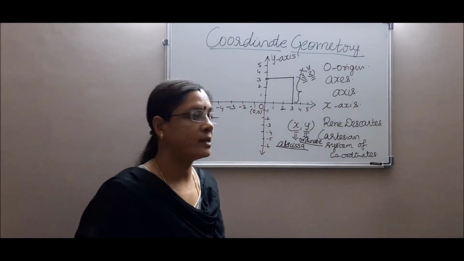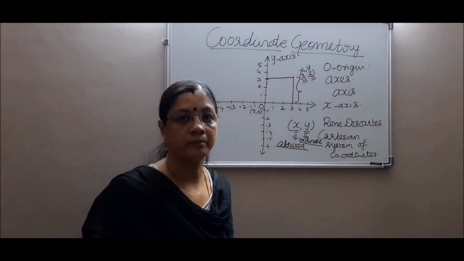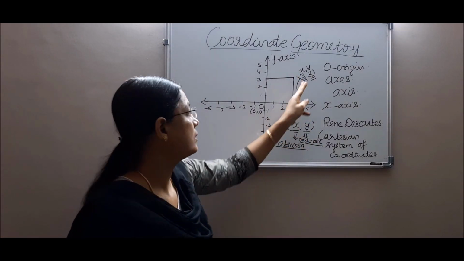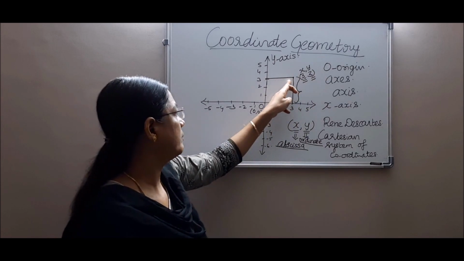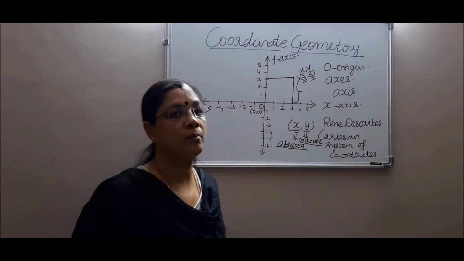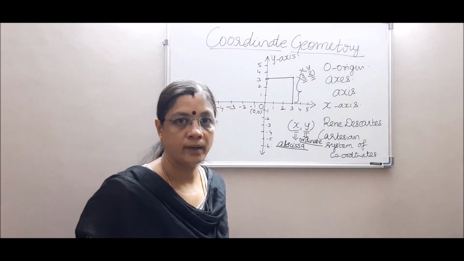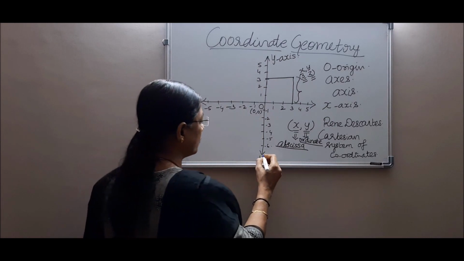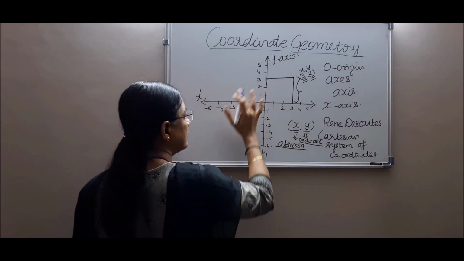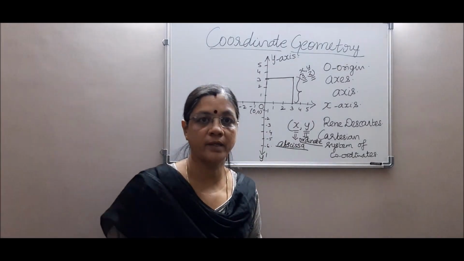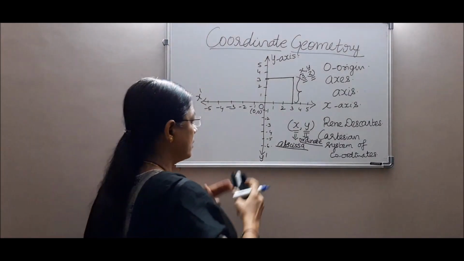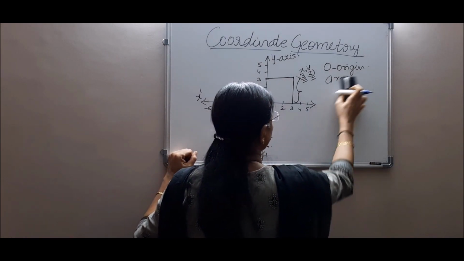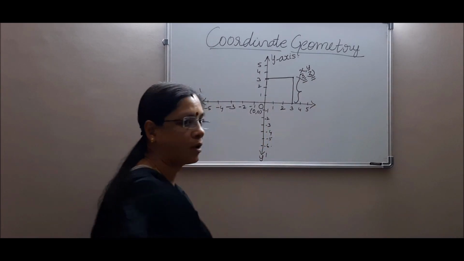So this is how we represent a point in a plane. Okay, by drawing perpendiculars from the point to the x-axis, which tells you about the y coordinate, and from the point to the y-axis, a perpendicular which tells you about the x coordinate. Do you understand? So we have studied what is the x-axis, what is the y-axis, and this is y dash, x dash, just a mirror image of the x and y axis in the negative direction. Okay, so we have seen the points. How do we write the points in the Cartesian system of coordinates?